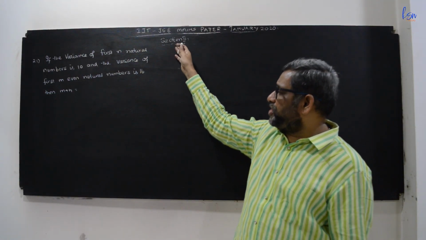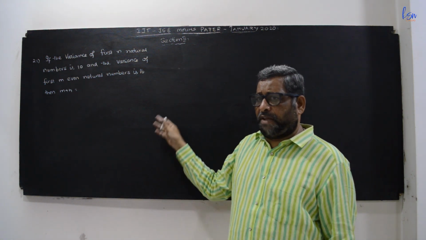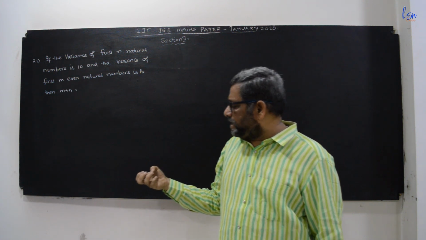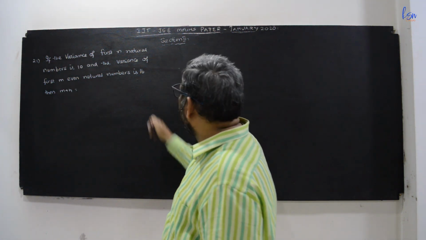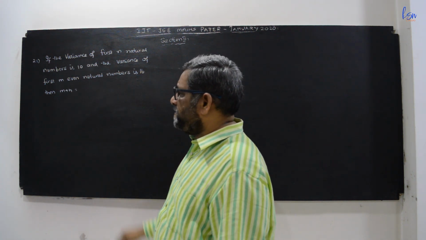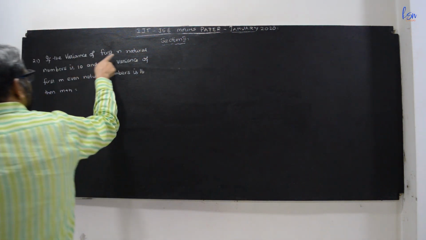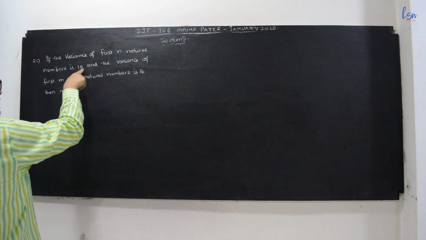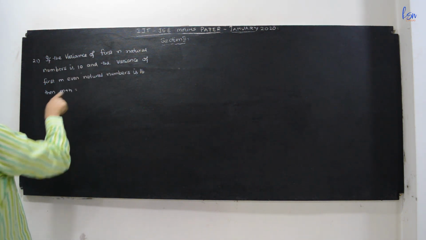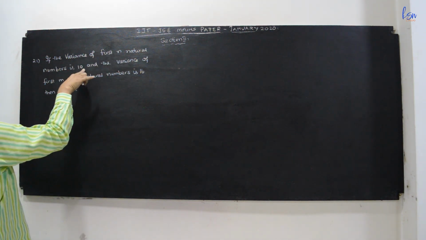Now, section 2, these problems are of numerical type. Either the number can be a two-digit number, or if you get any number of the decimal type, only up to 2 decimals must be considered. Okay, right. So if the variance of the first n natural numbers is 10 and the variance of the first m even natural numbers is 16, then m plus n equals what.